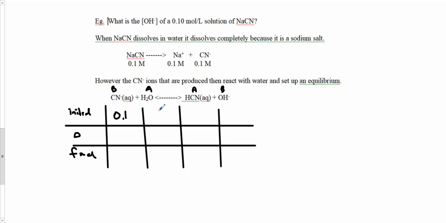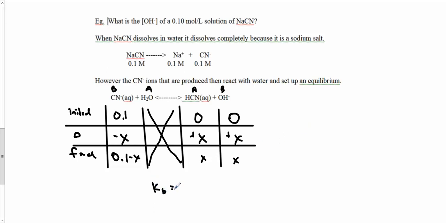Initial water, it's a liquid, don't care about it. I got none of this and none of that to start with. Reaction's going to go this way. I'm going to get plus X and plus X and minus X. Why are they all 1, 1, 1? Because the coefficients are 1, 1, and 1. I'm going to get 0.1 minus X, X, X,